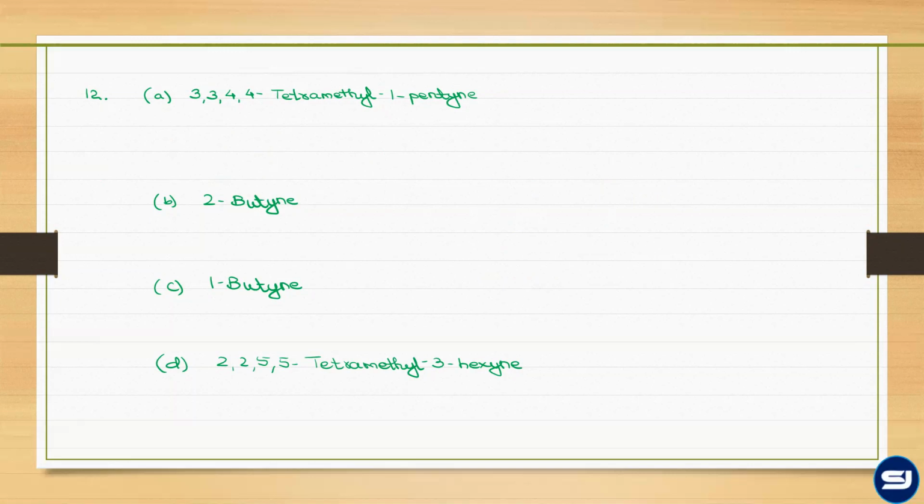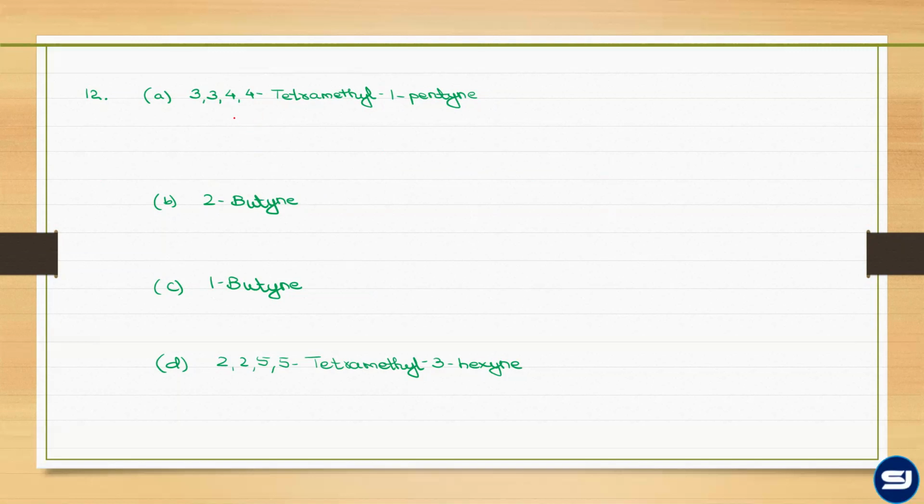Okay, 12th one. Match the IUPAC name from column 1 with their features from column 2. There may be more than one match for the quantity from column 1 with the quantities from column 2. So I've listed down the column 1 IUPAC names, and column 2 options are: has only 3 carbon collinear, has 4 carbon collinear. Substitution of hydrogen by chlorine gives a single product. Substitution of hydrogen by chlorine gives 3 different products, excluding stereoisomers.